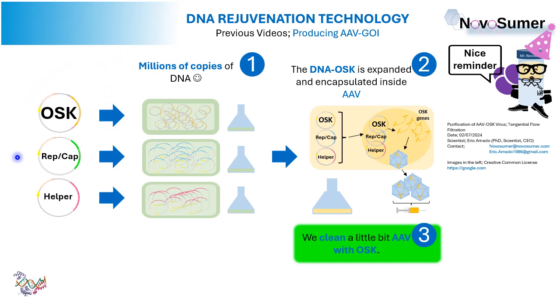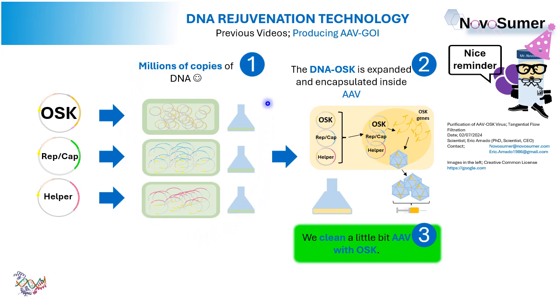Once we have our DNA designed and we have ordered it, the first step is producing millions of copies of DNA. And the only thing that we do is introduce the DNA inside bacteria cells and they will replicate. They will grow in number, and as they grow in number, they will duplicate the DNA. So by growing and duplicating the DNA, at the end of this step, we will have